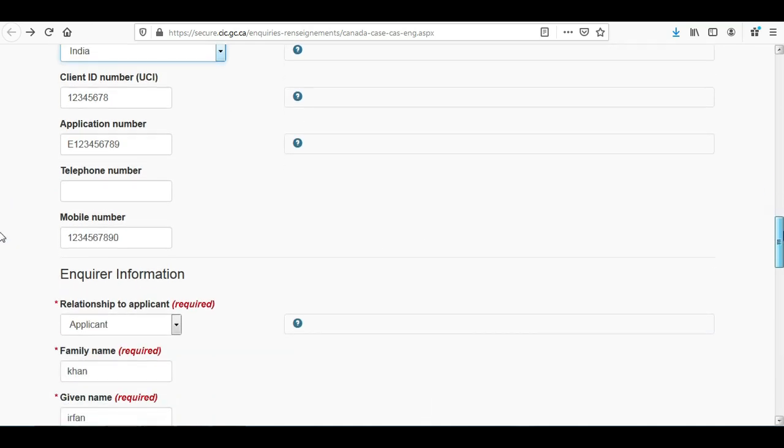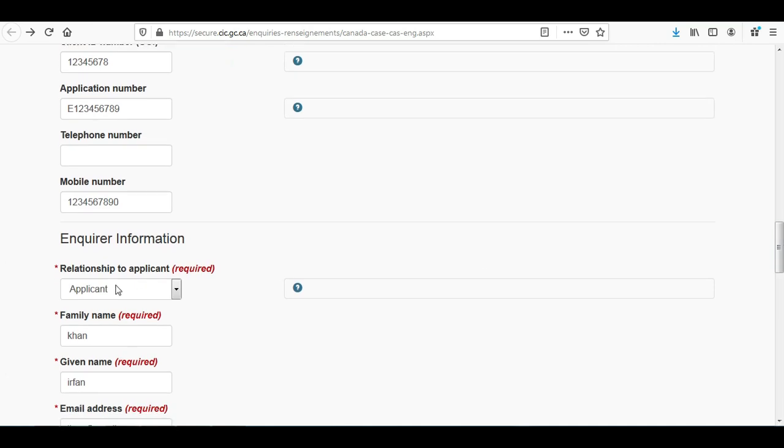Then you need to select the relationship. If you are the applicant and you are submitting the web form on your own, then you have to select applicant. But if you are a representative or sponsor, then the appropriate option should be selected. For example, I am assuming that you are submitting your form on your own, so I am selecting applicant.